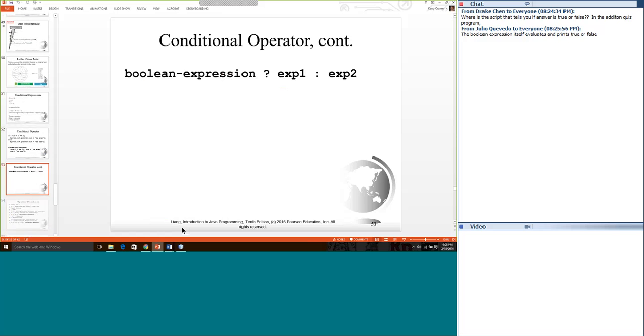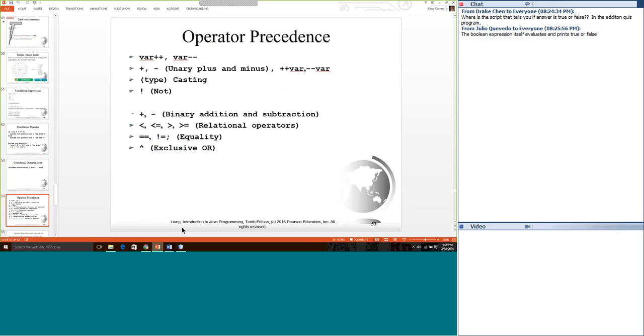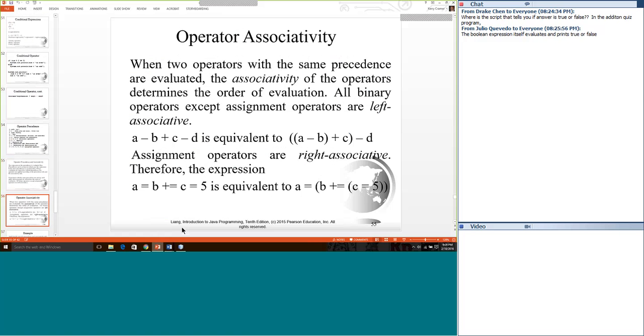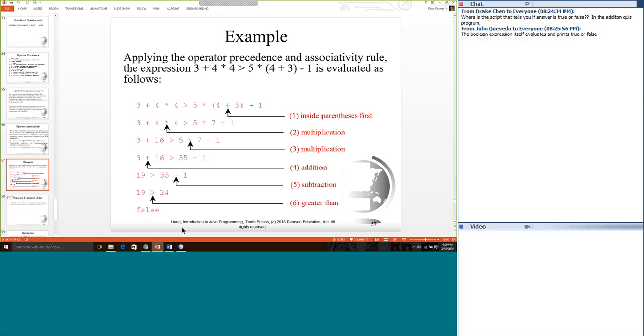I'm going to skip over conditional operators and operator precedence. Applying operator precedence and associativity rules, we all know what the order of operations is. It's PEMDAS, right? Parentheses, exponentiation, multiplication, division, addition, and subtraction.